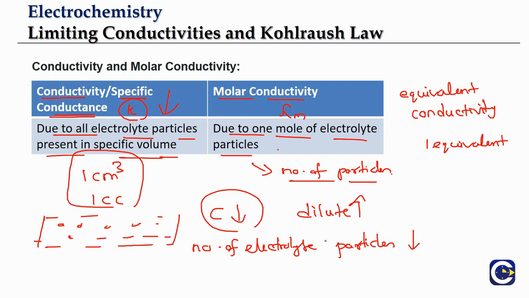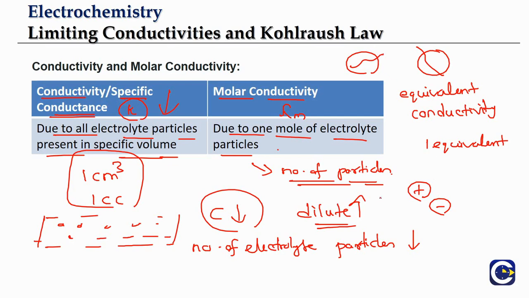Generally what happens, the 1 mole of electrolyte particles we take, not all the particles will form ions, and what is observed is that dilution will help more dissociation of particles, because each electrolyte particle will be far away, so each of them will be able to undergo the dissociation easily. So whether it is the molar conductivity or equivalent conductivity, if you dilute, the electrolyte particles can easily undergo dissociation, thereby forming the respective ions.